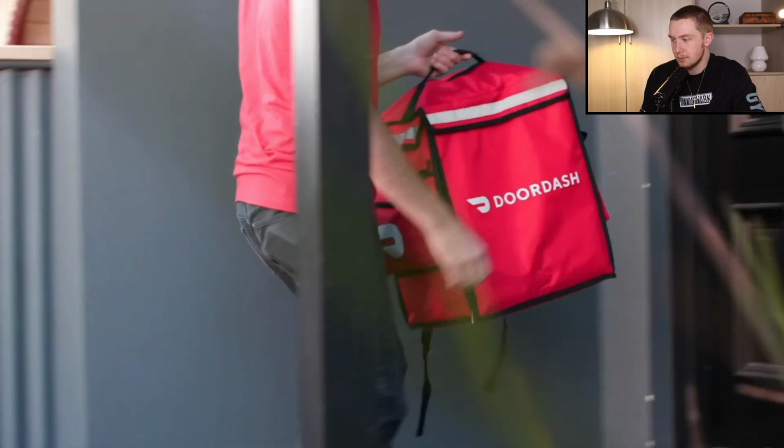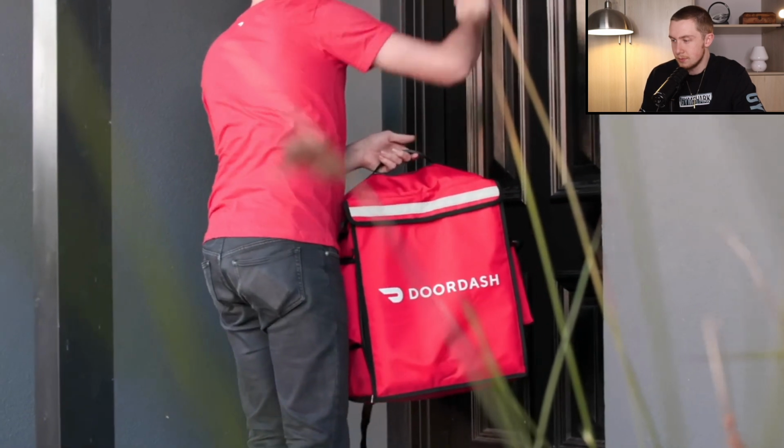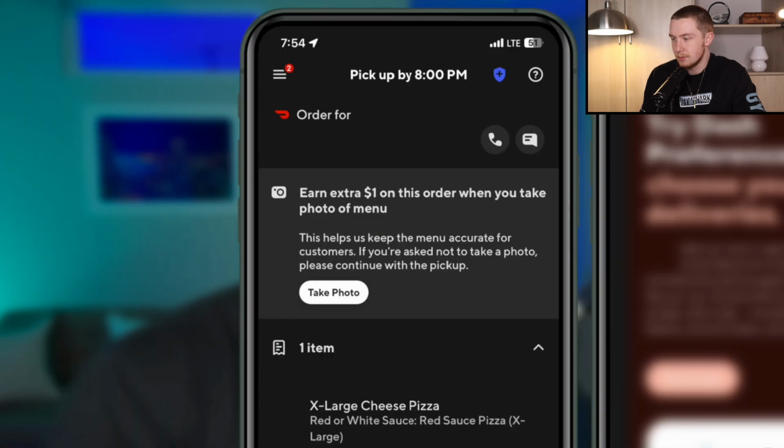Number 1. This first one's actually live in my local marketplace here in Pittsburgh, Pennsylvania. And for any of these 5, let me know down below in the comments if you have it, if you don't have it, and if you think it's a good idea, if it'll actually help you out. Earning an extra $1 simply for...